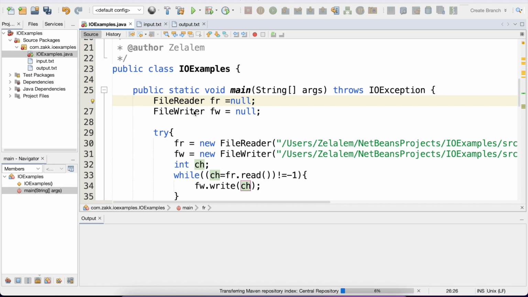So to do that, we will import or declare a FileReader variable. This is a concrete class which inherits from the Reader abstract class in the character stream, and the FileWriter is a concrete class which inherits from the Writer abstract class in the character stream. As you remember from our lecture, character streams are based on the two abstract classes, Reader and Writer. So we initialize them with the